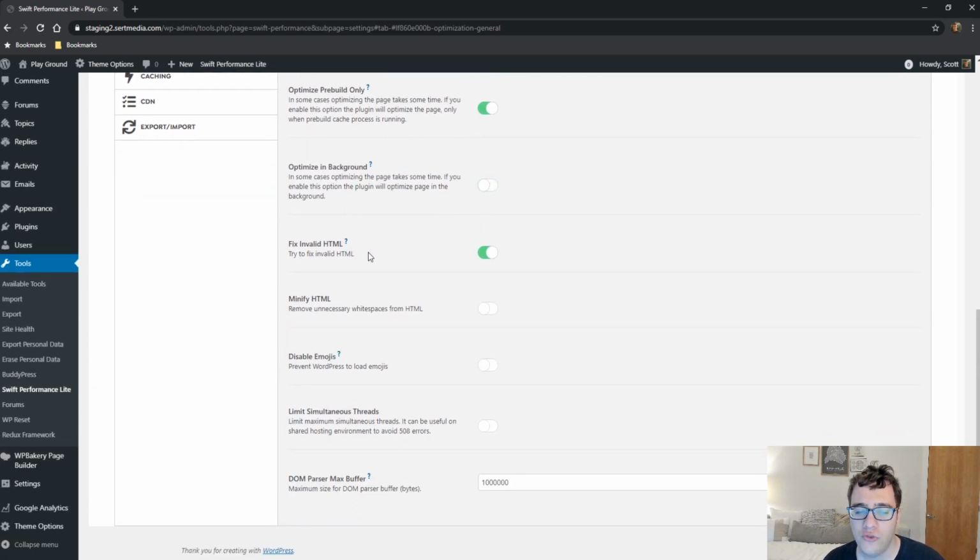And then you have the option to fix invalid HTML. Personally, I don't recommend enabling this option. I find that it causes more issues than it looks to resolve, but I do recommend minifying the HTML. And then if you are not using emojis, you can go ahead and disable the emoji.js here, and then limit